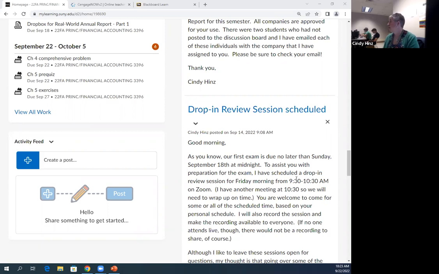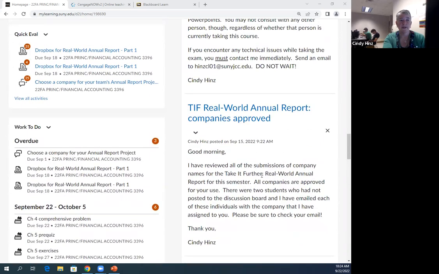We had the one last week on Friday morning. Maybe that doesn't work for people's other class schedules, or something else you have going on. So if you're interested in attending, just send me a note and say, hey, I'd like to attend. Here are some open times that would work. And if I can, I will meet the needs of the majority of people who let me know. Otherwise, if you don't attend, as long as anyone attends and we have a review session, I will record it and make that recording available, just as I did last week. So any questions before we get started with chapter 5, exercise 1?